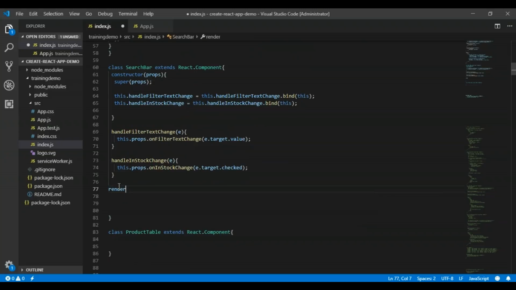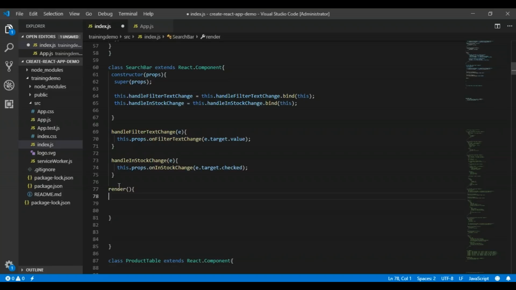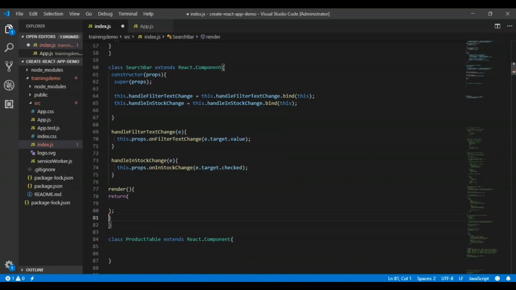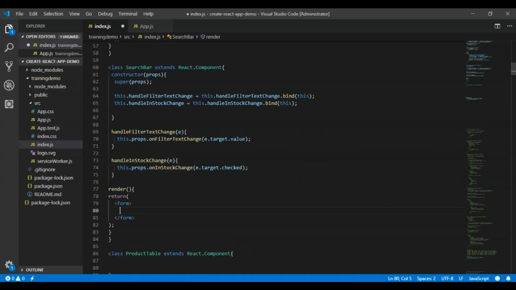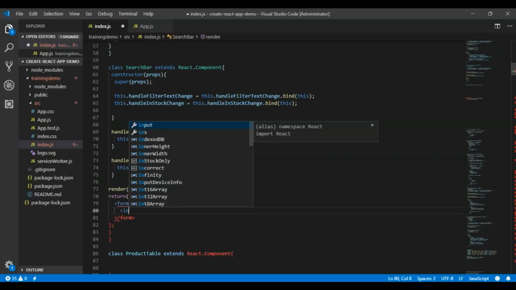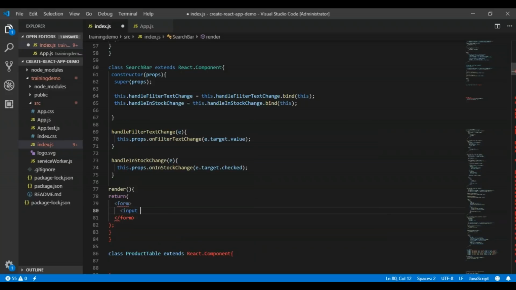Once this is done, we will implement the render method for this particular component. So I will say render, and then I will have a return statement which will allow me to write the JSX for this particular class. So let's say I use a form element of HTML, and then I want to implement a text box kind of functionality. For that I am using input type equal to text, placeholder equal to search, just a custom text you can say.